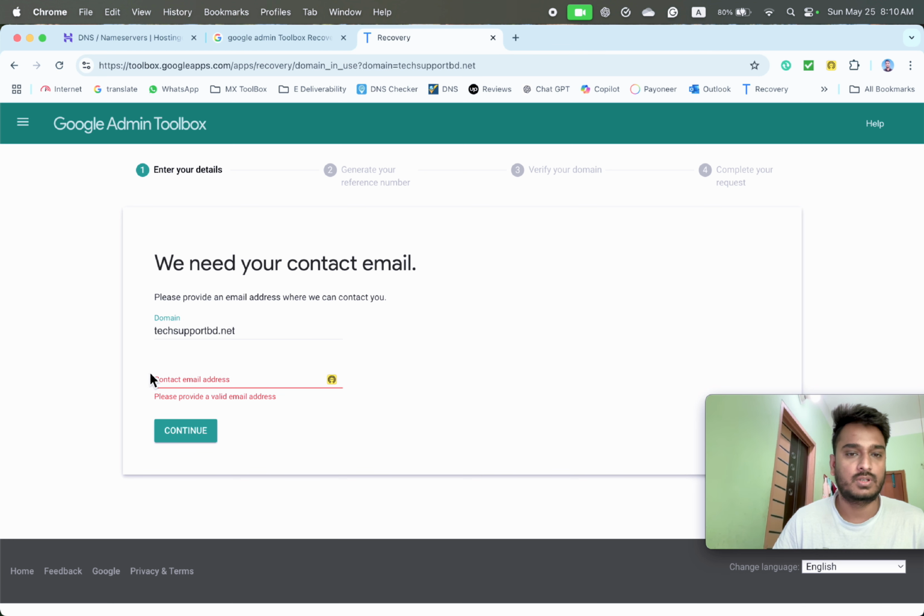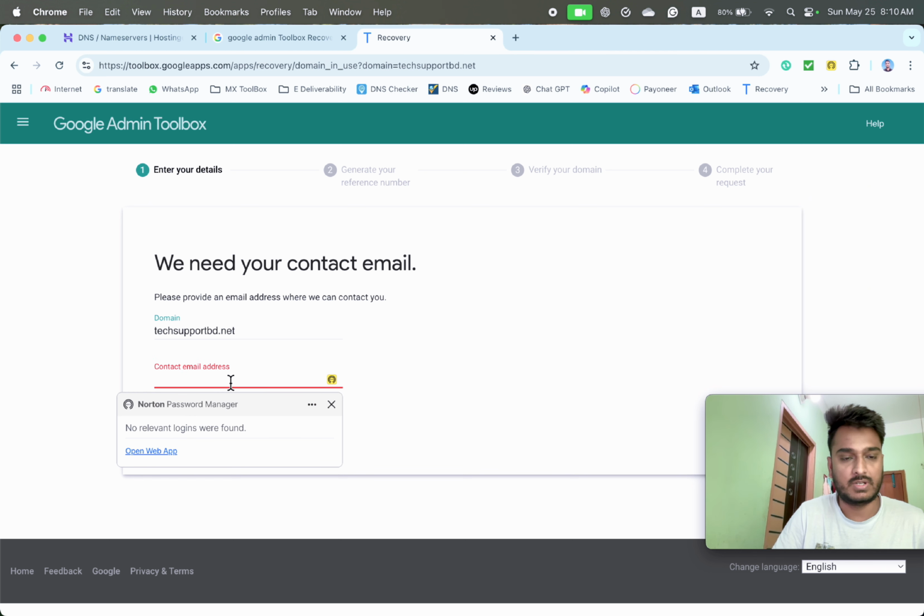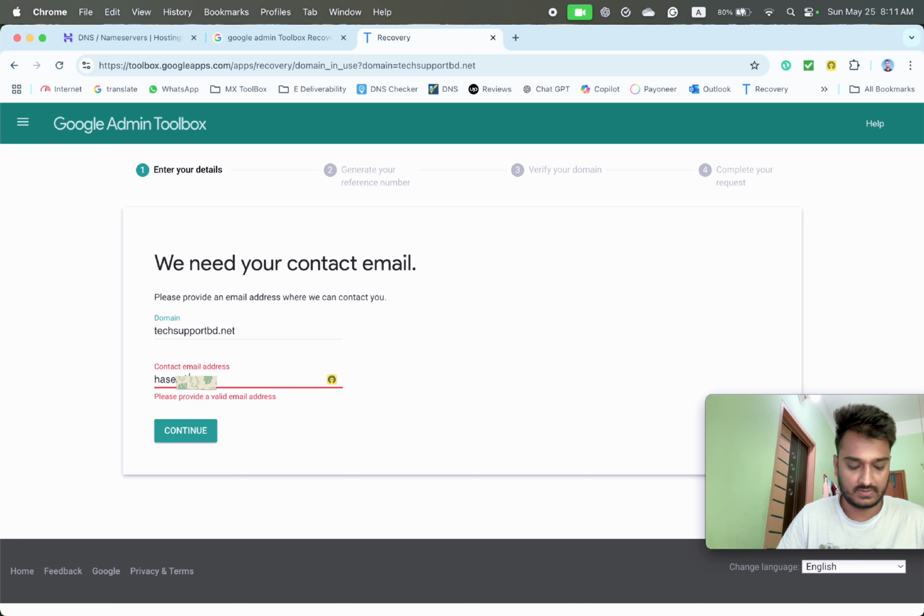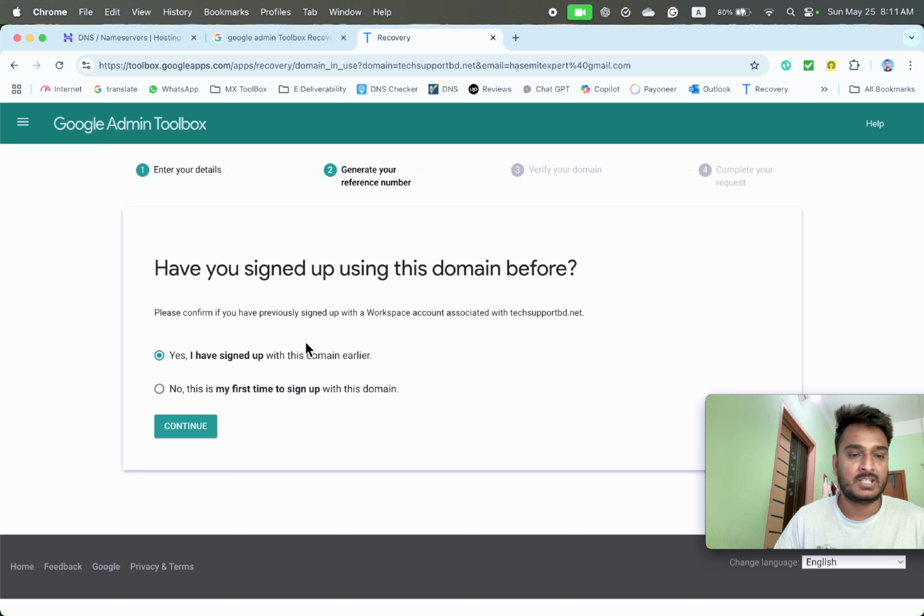After continue, you can see this page. You have to input your contact email address here. You can input any personal email address here. So I'm inputting my personal email address. After that, just click continue. You can see this option: Yes, I have signed up this domain earlier, and No, this is my first time to sign up this domain. I have signed up this domain earlier, so I selected this. Just click continue,